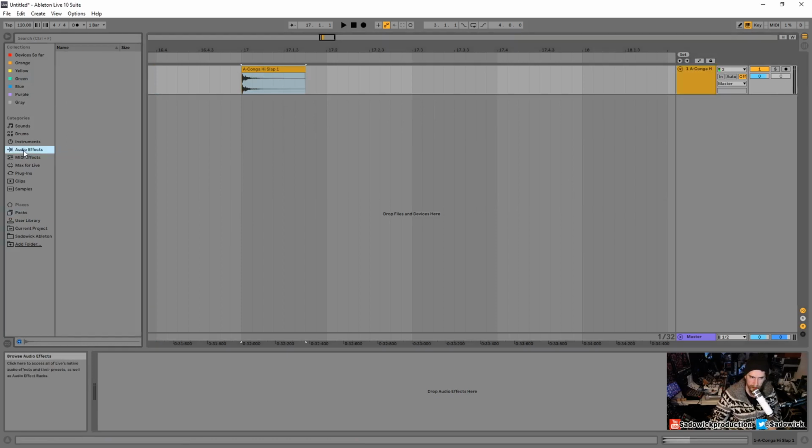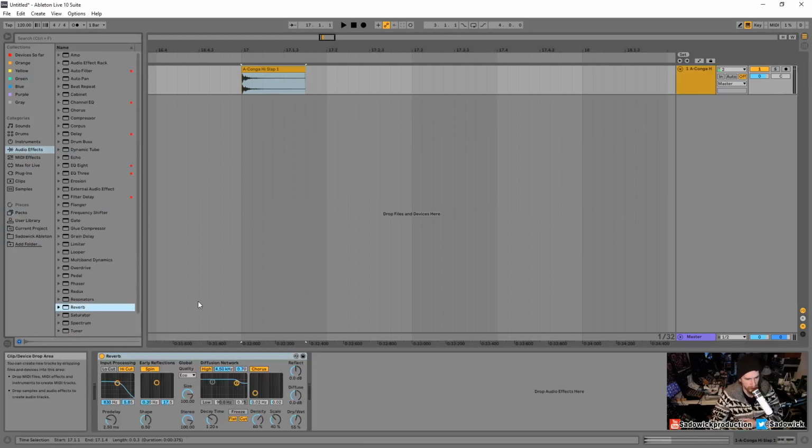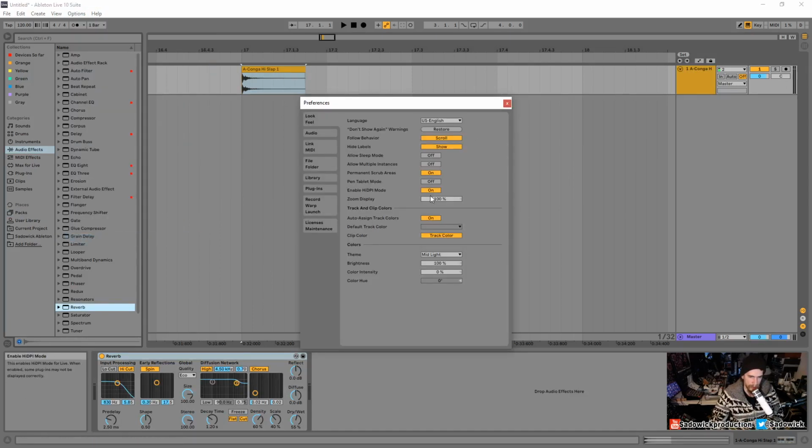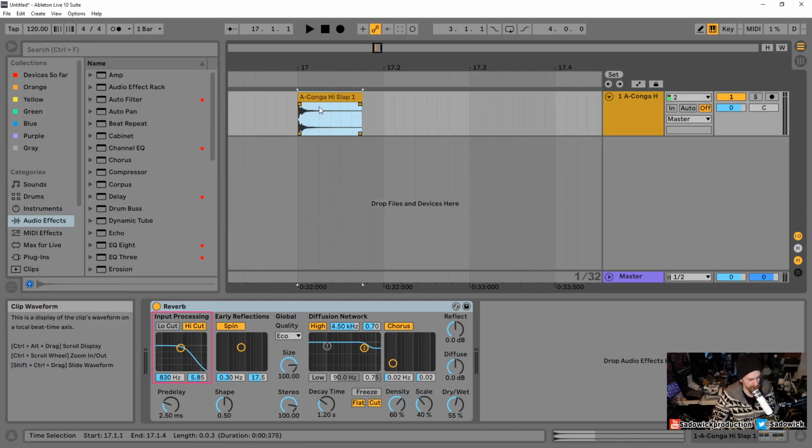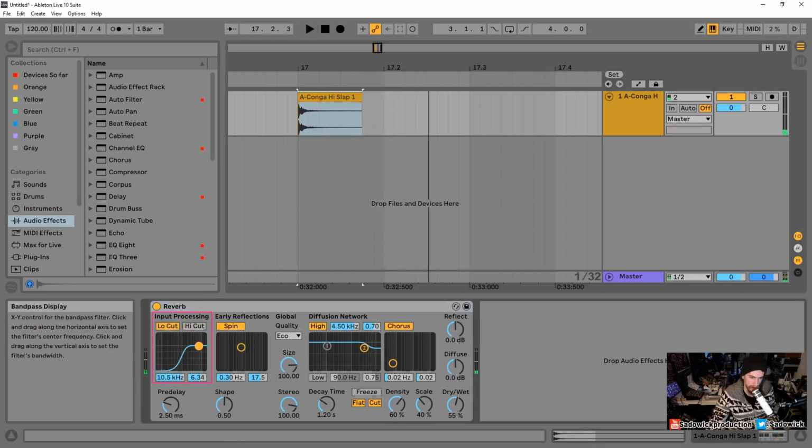So let's drop in another reverb again, and this is what the reverb will look like when you first bring it in. I'm going to go into preferences and zoom the display so we can see a little bit. So we have this ability to have frequency processing before we actually affect the reverb, or before it's processed. So this is essentially just two filters beforehand, right? And this will prevent some higher frequencies from coming in this part right here. And what this does is it essentially prevents higher frequencies from accumulating in there, and it's another way to kind of shape things, right? I can turn off low,